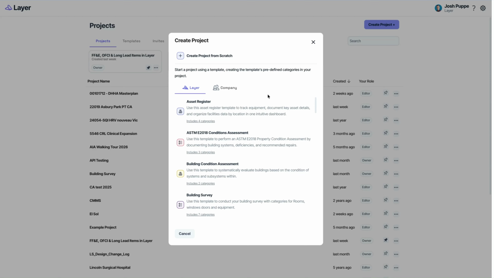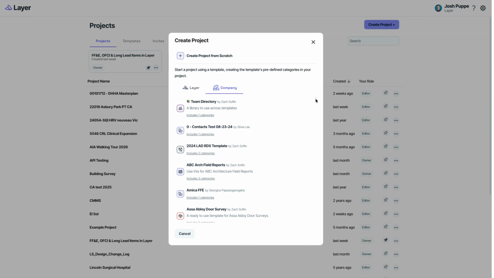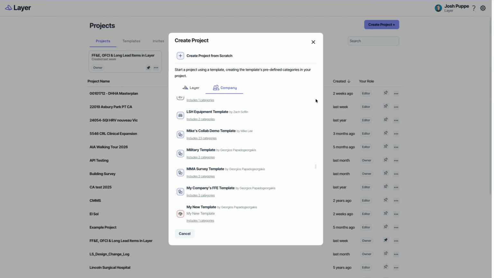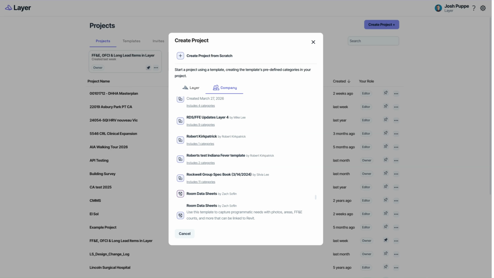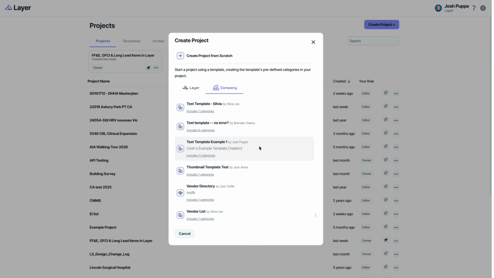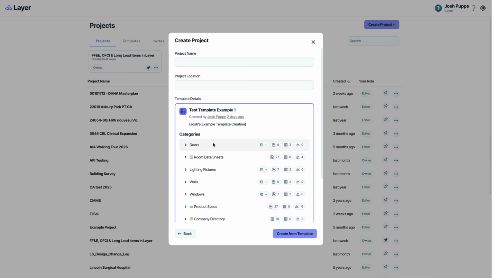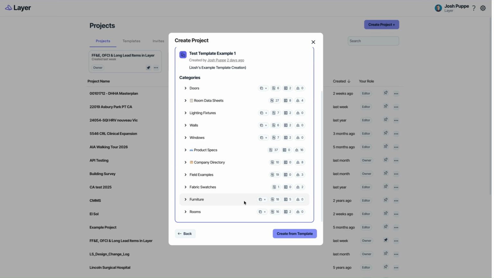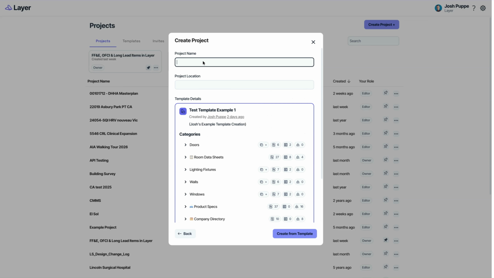Now, in our case, when creating this new project, we want to go look for the company template we created. It should be under the name that we had: test template example 1. Check it out, see what should be included. It looks like we've got 11 categories with all these elements included. Sounds good. Now you insert a project name, new project from template tutorial, project location, OMA for Omaha, and